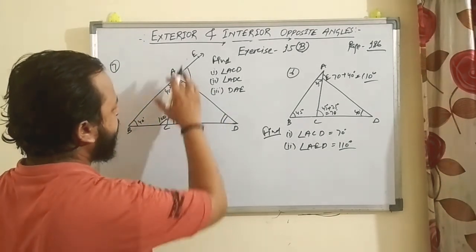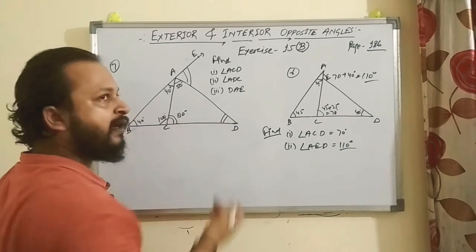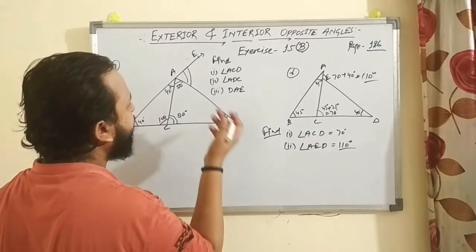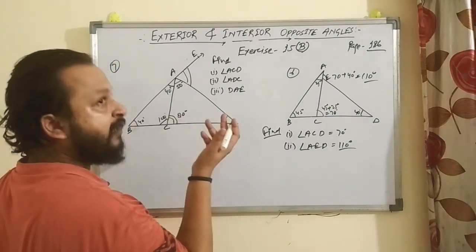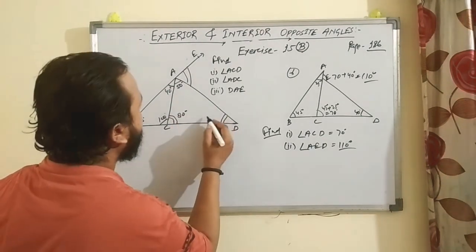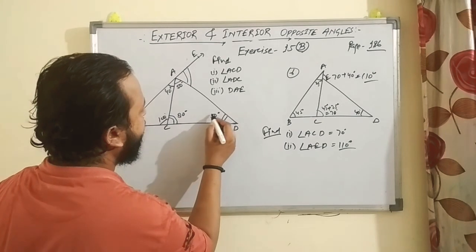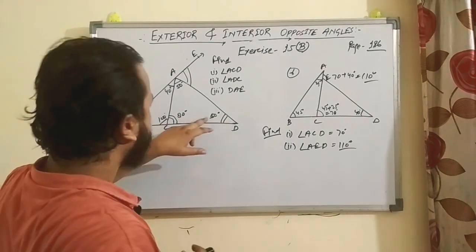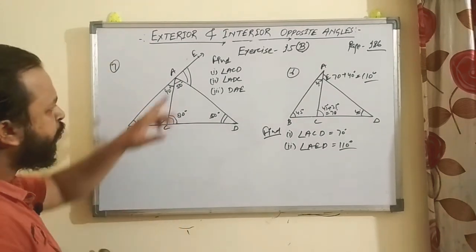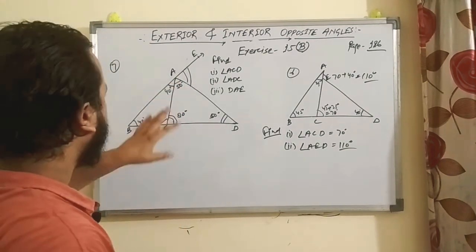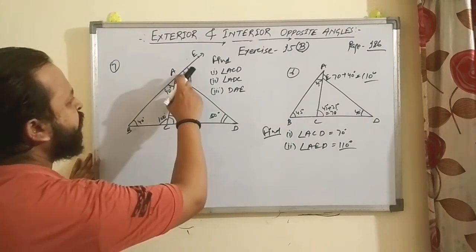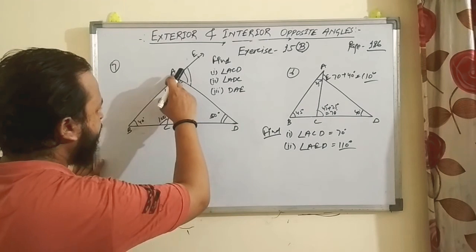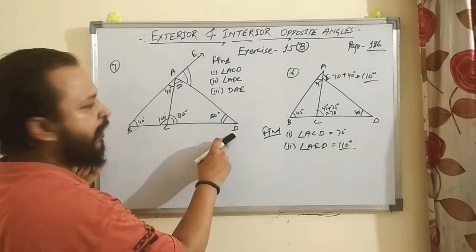If you are talking about this triangle ACD, the sum of angles of a triangle is 180 degrees. So 50 plus 80, that is 130. 130 should be subtracted from 180 degrees. So you will get 50 degrees, right? So this is 50 degrees. So there are two ways to find this angle. One thing is that this angle is the exterior angle of triangle ABD, right?